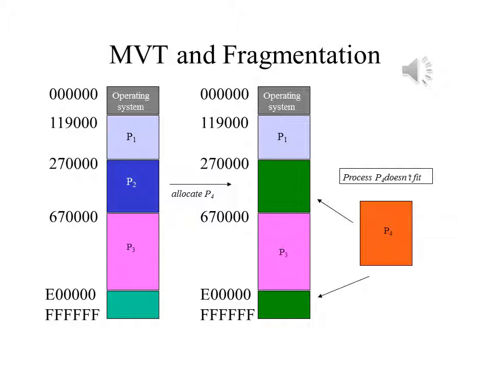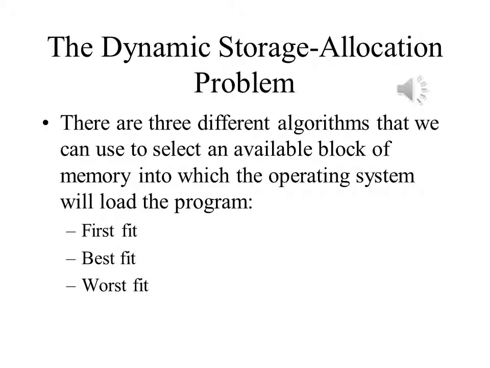Fragmentation and how to avoid it will be an issue in deciding which strategy is most suitable. There are 3 different criteria that we can use in selecting an available block of memory. We can use the first fit, the best fit, or the worst fit. In the first fit, the operating system loads the program into the first block of memory large enough to hold